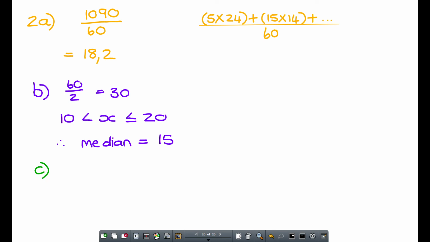Okay, C, they're asking me for the mode, die modus, nee? Kom ons kyk gou eers. Look at frequencies. Where's the frequency the highest? That would be 24. En dit lê in daai klas van tussen 0 en 10. So dit beteken dat my modus, the mode, will be the midpoint of that class, meaning 5. Is all right? Any questions? It was eintlik baie straightforward, nee?